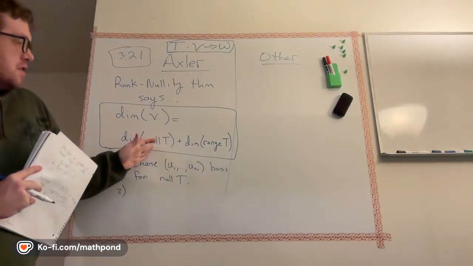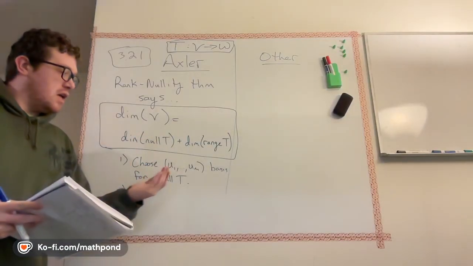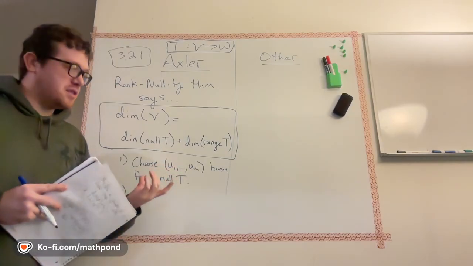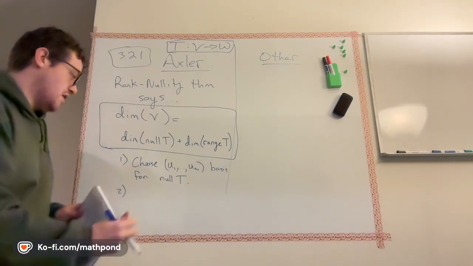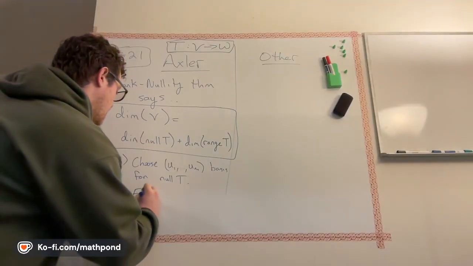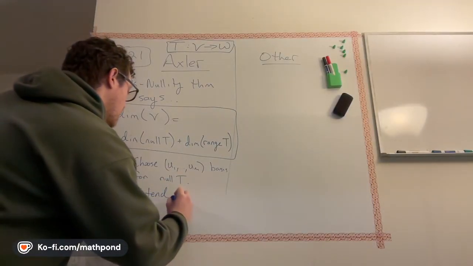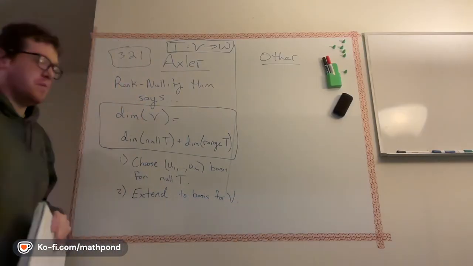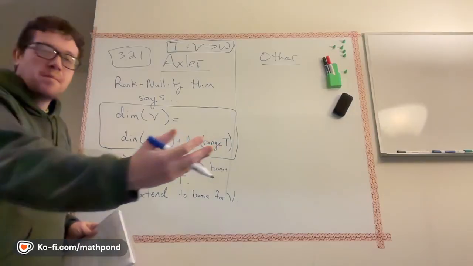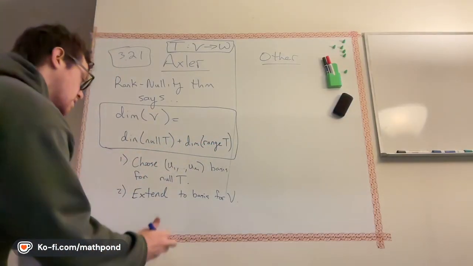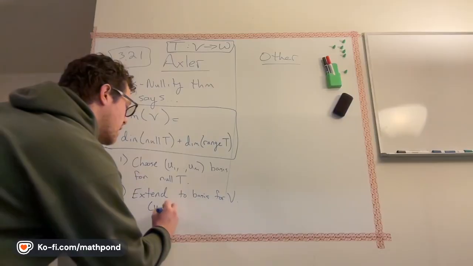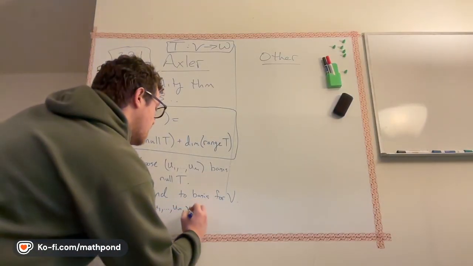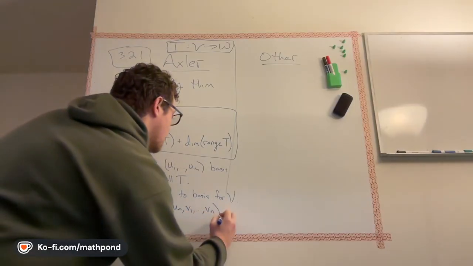So start with null T, it's a subspace. You start with the basis, it's linearly independent, so we can always extend every linearly independent set to be a basis for the full space. So extend to a basis for V, then we have to add some number of vectors. So now we have a full basis, so it's u1 through um, v1 through vn, right? Some large